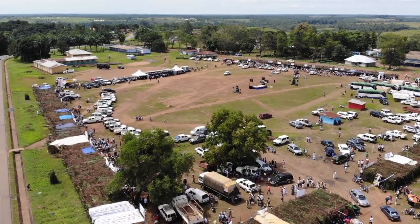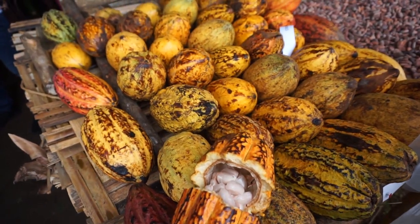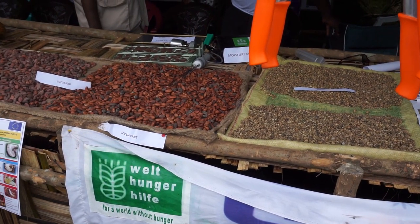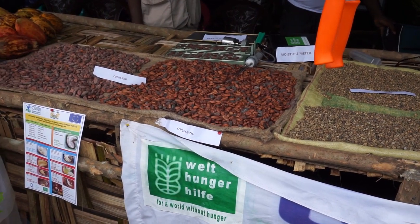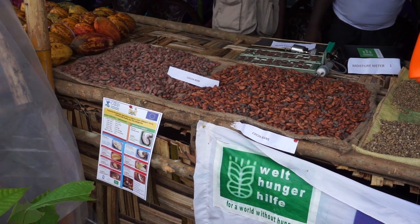For the past 3 years, I've been partnering with WHH under the ProAct Project 2015. This project has greatly helped in the improvement of women in the cocoa coffee value chain. For the past years, women have been deprived, especially in oil land, to do cocoa coffee plantations. But with the intervention of Welthungerhilfe, it has helped to improve the lives of women, especially in oil land, to